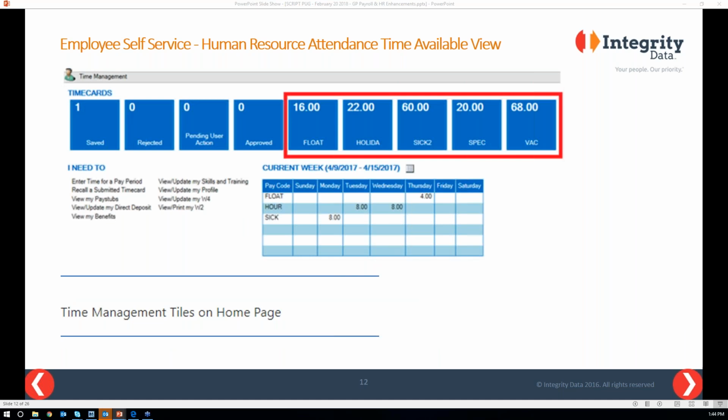Another new feature for 2016, employee self-service side of things, the human resource attendance time available view, indicated there in red. You'll now be able to see human resources attendance balances for the employee in the employee self-service module here, on the time management tile,